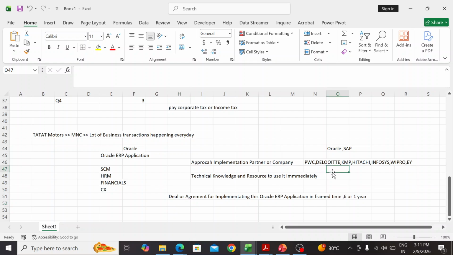Assume they go for Infosys for implementing the ERP application with all these streams. Whenever Infosys gets the contract and deal of implementing the Oracle ERP application with all these streams, they will charge the fee. Correct? They will charge the fee from Tata Motors, and they will do the implementation,